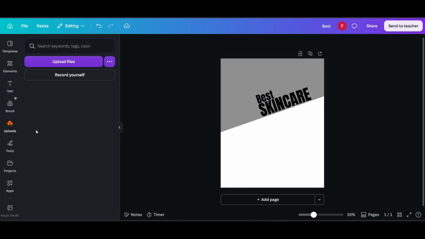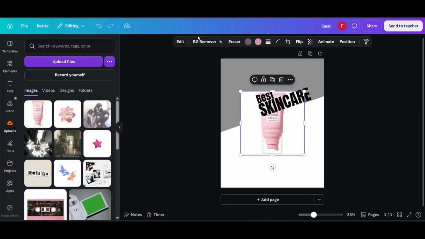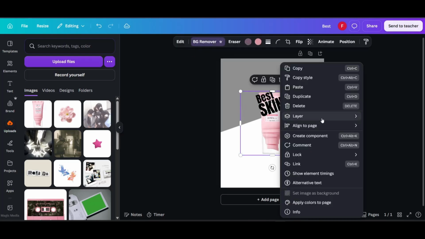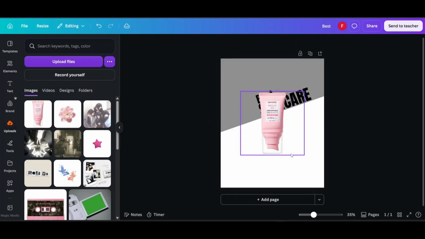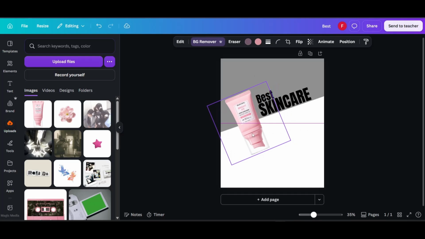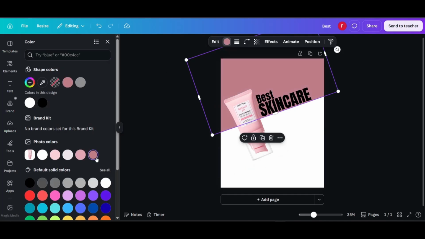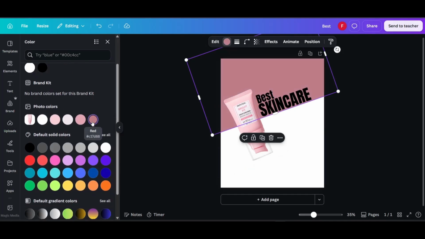Next, I'm gonna go to uploads, and from here I'm just gonna insert this cream image, remove its background, go to layer and send it to the front, rotate it according to the text and put it next to the text on the box. Next, I'm gonna go and change this rectangle's color using the color picker, or you can